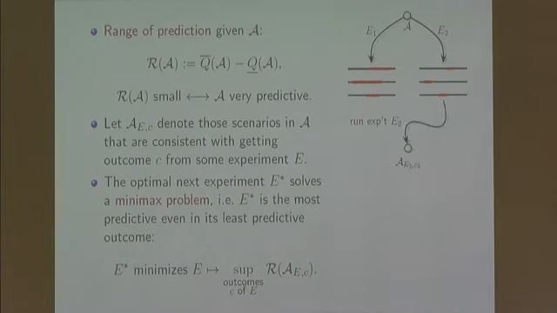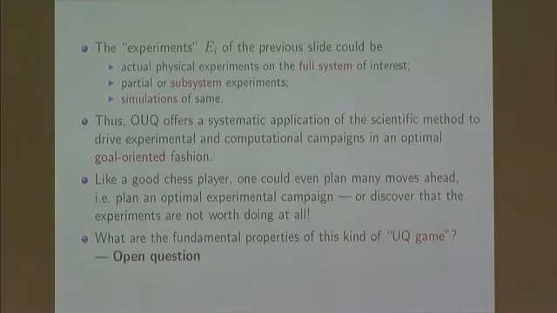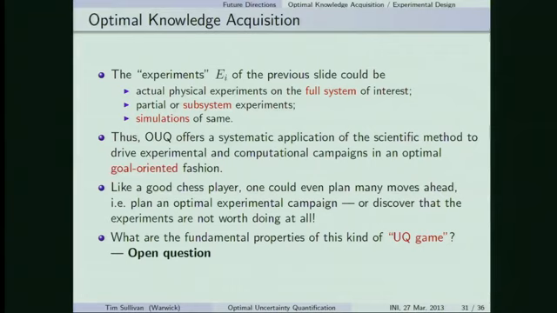So even in the worst case, E2 is a more predictive experiment than E1, so I should run it. And then I should consider my next experiment. Do F1, F2? Well, F2 is sometimes very predictive, but sometimes it's terrible. F1's a better bet overall. So you can imagine using this to plan entire experimental campaigns in an optimal way. And you're sort of like a good chess player, planning multiple moves in advance. Or put another way, you're sort of playing a game against your lack of knowledge about the universe.